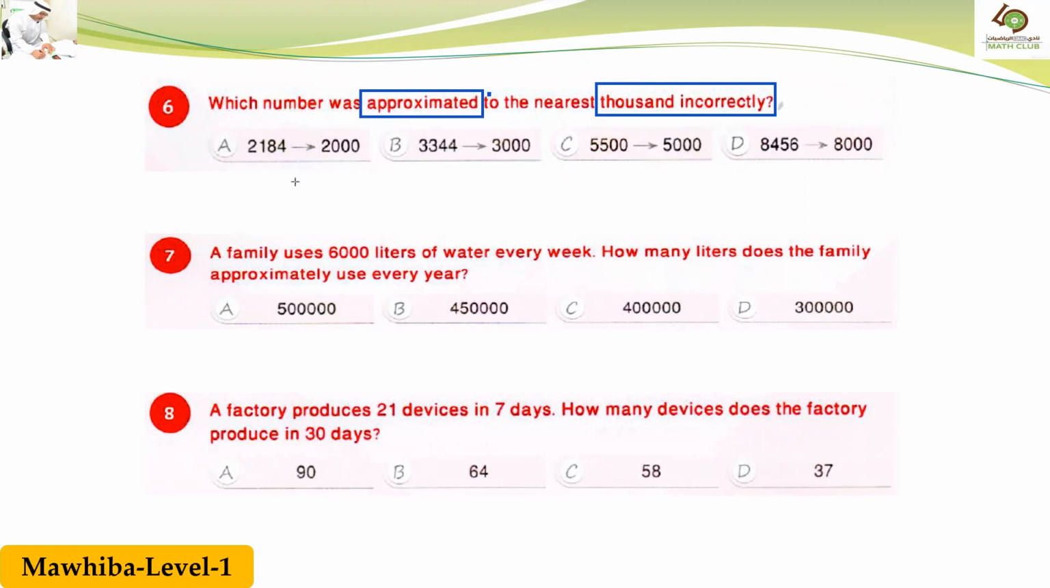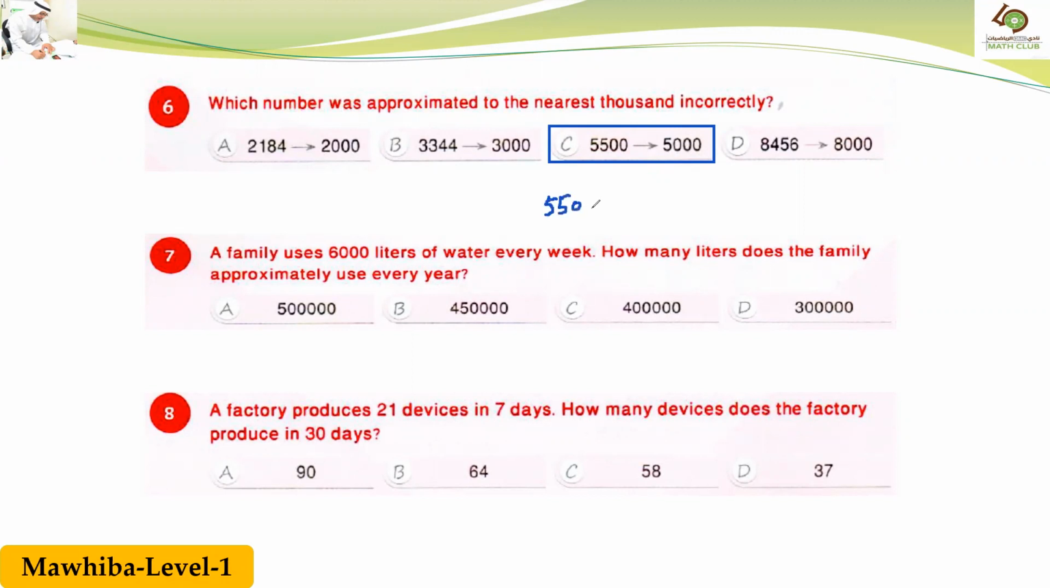So what I will do here: the nearest thousand of 2,184. To the nearest thousand. Incorrectly is A? Here I think it is C, it will be C. Why? When approximating the number